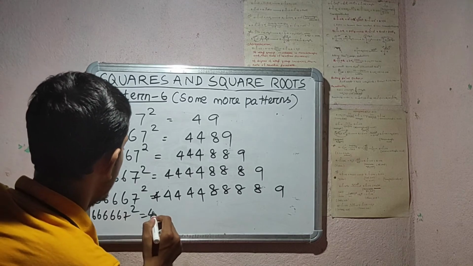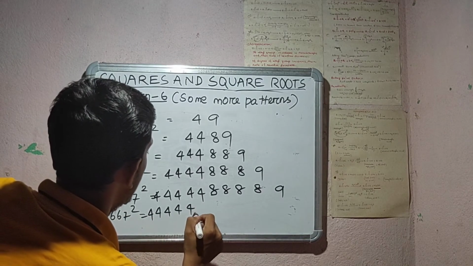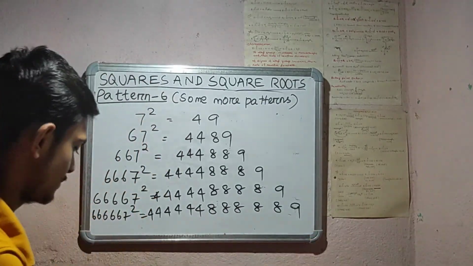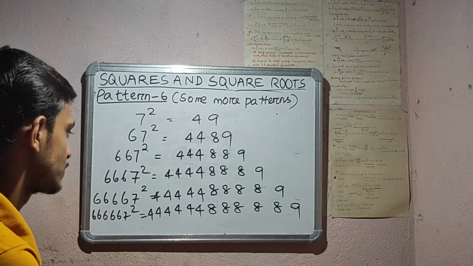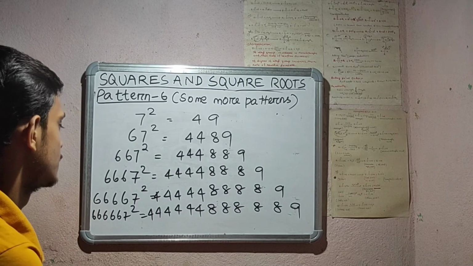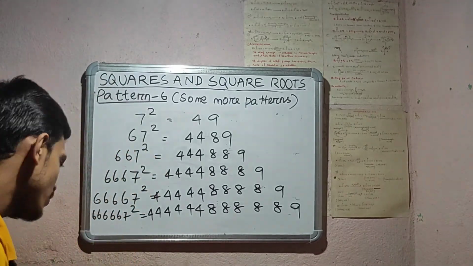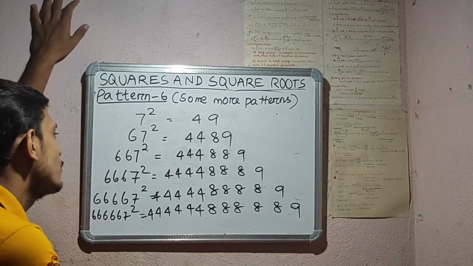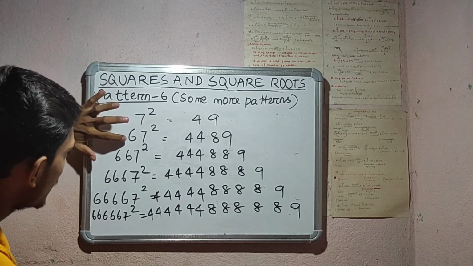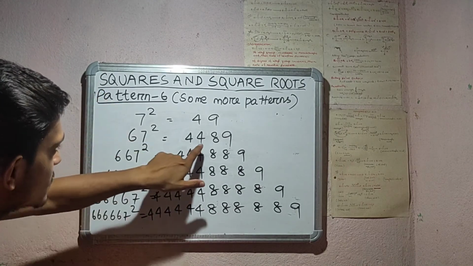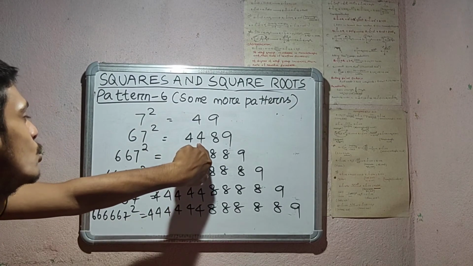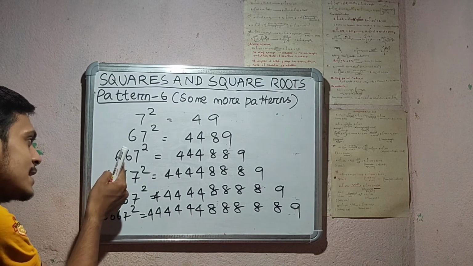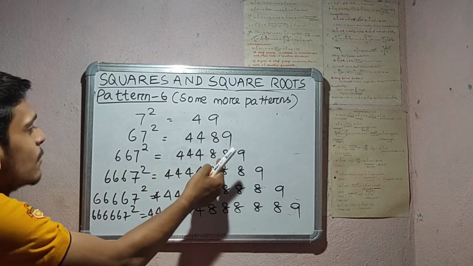that is the square, 4 4 4 4 4 4 8 8 8 8 8 and 9. Okay. How can you remember that without remembering the pattern? How can you find it? See, if the number of 6 is 1, then what is the number of 4? That is 2, just increasing by 1. If the number of 6 is 2, then the number of 4 is 3, and the number of